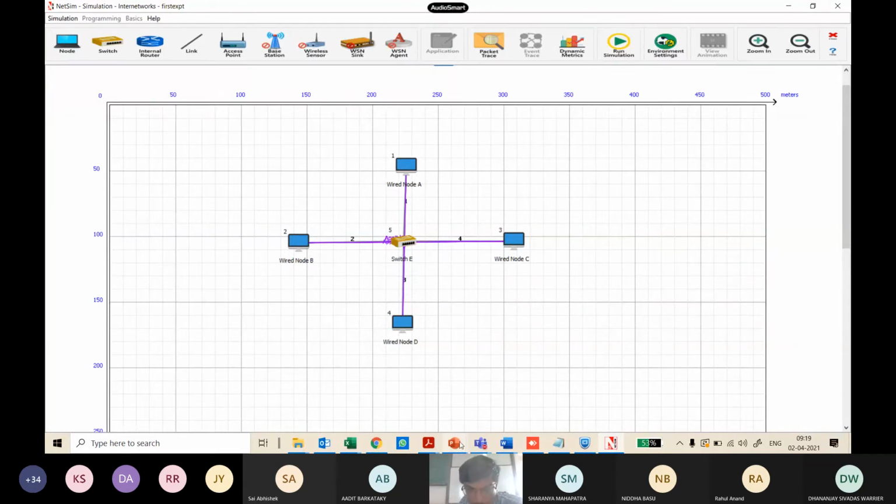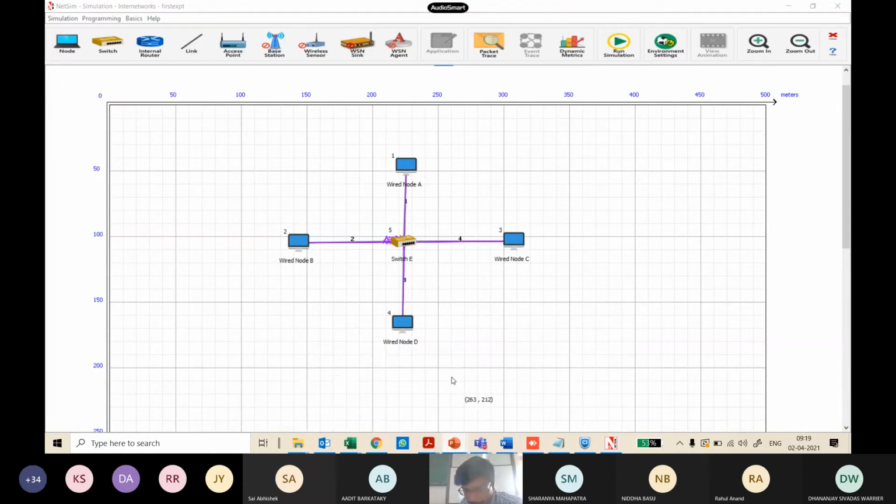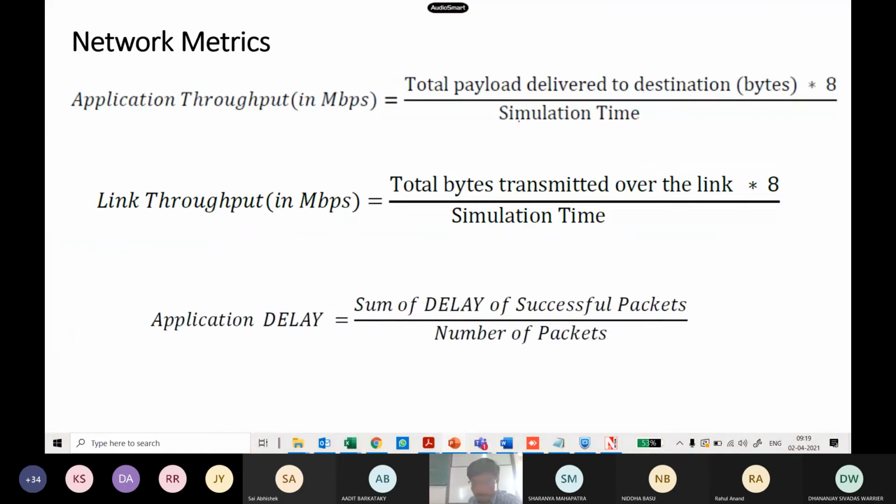So for the definition of application throughput and link throughput, now you can see the PPT. Application throughput is the total data delivered to the destination, in bytes, multiplied by 8, divided by the entire simulation time. So how NetSim calculates this: you're running your simulation for 10 seconds.